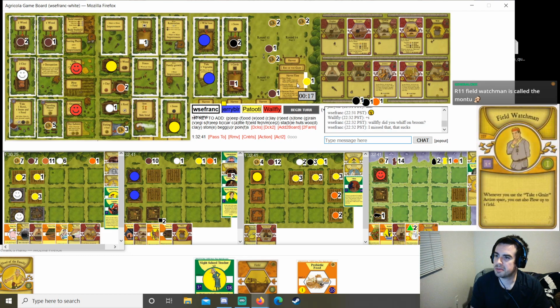I'm having a hard time keeping up with what's going on. Wallfly whiffed on Broom, it looks like. That sucks. Alright, I'm going to grab 2 stone here so I can build the pottery. I need point ceiling, so...